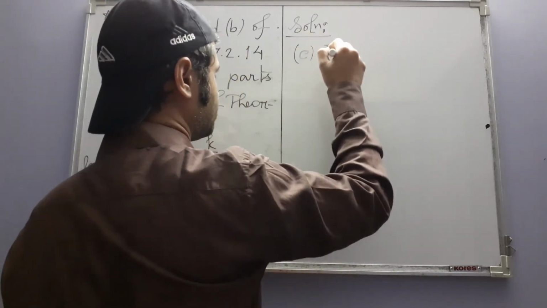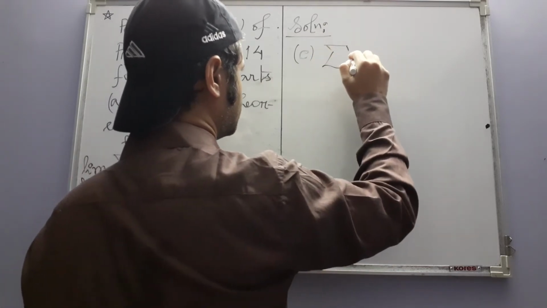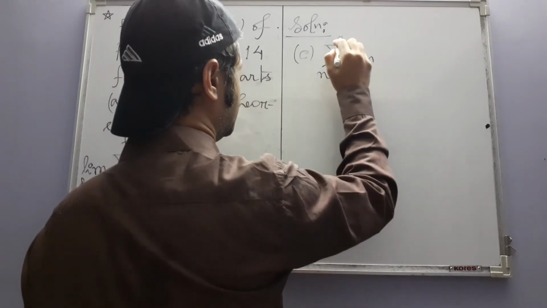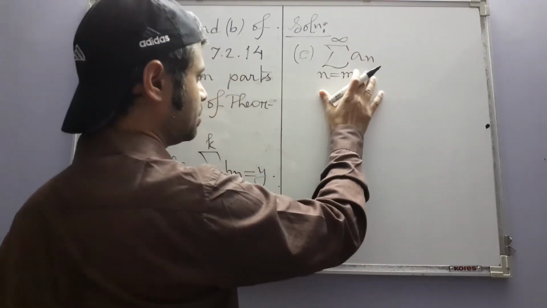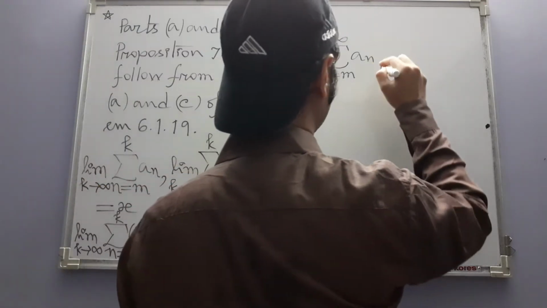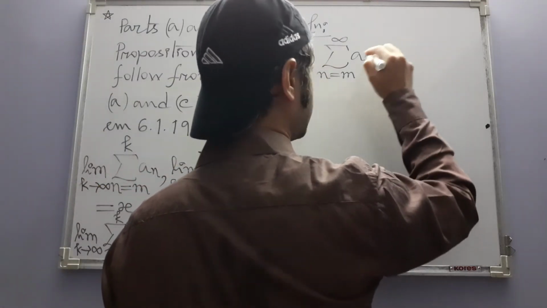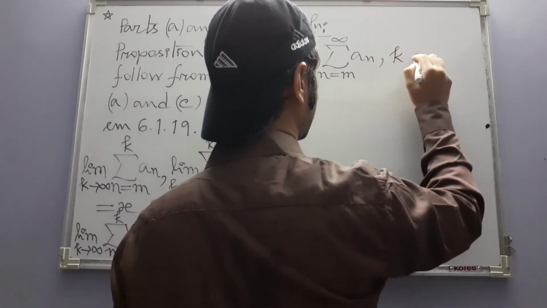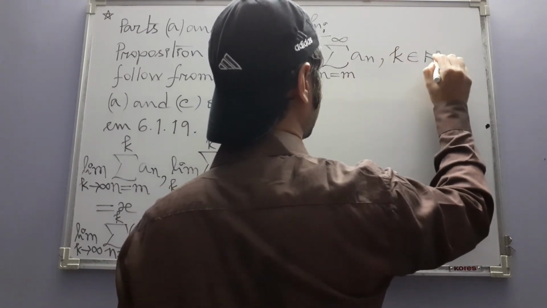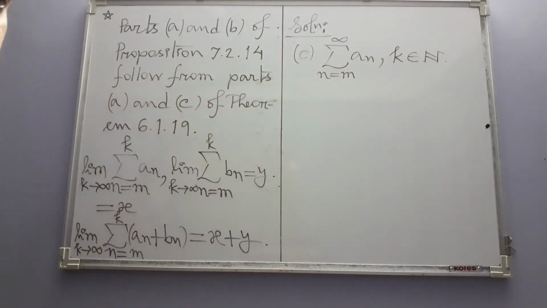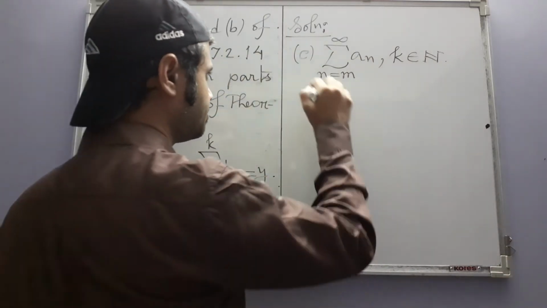We again have one infinite series of real numbers, and this time in the beginning itself we are not saying whether it is convergent or divergent or anything like that. And another thing is that k is a non-negative integer, or in other words a natural number. Then